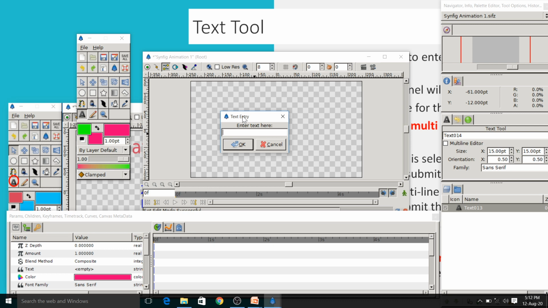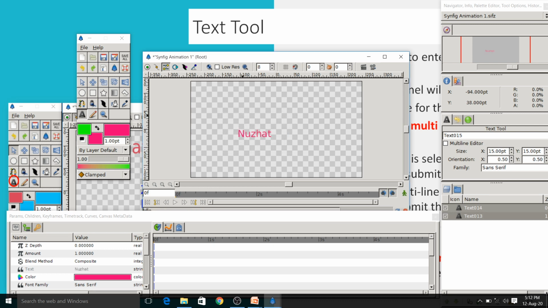Write some text here and press enter. So the name is visible here. Here if I want to enter multi-line text, I need to again select this text tool, and from tool options you have to select the multi-line editor, and then you have to click on the canvas area. I will write something like,